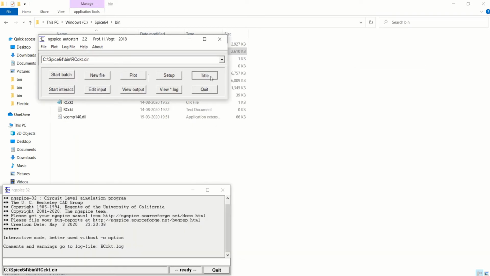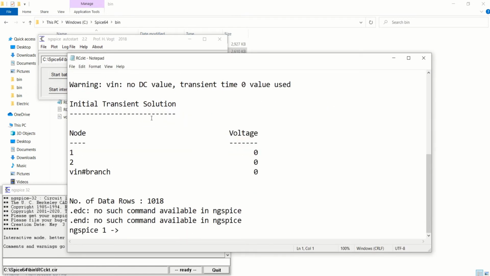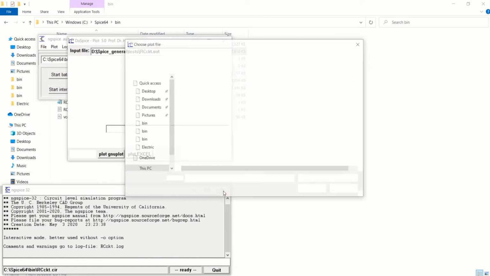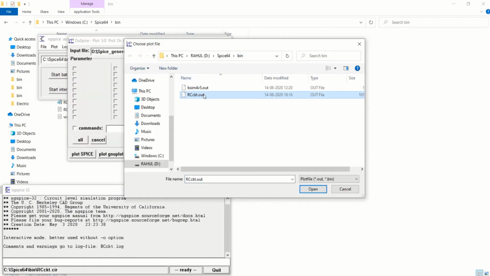Next, you can see the title, RC circuit response. You can see the log window, how the transient analysis is performed, and you can select that and plot it also. Now I want to show you some changes. You have to check this particular file to open the output.